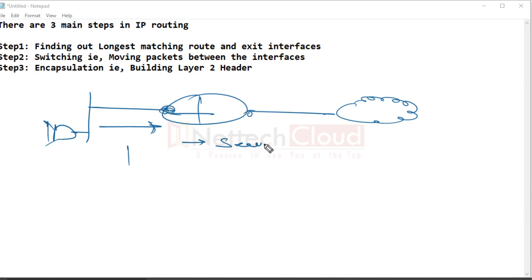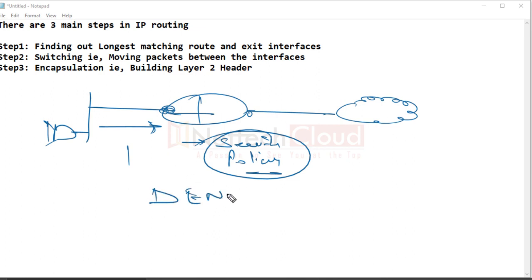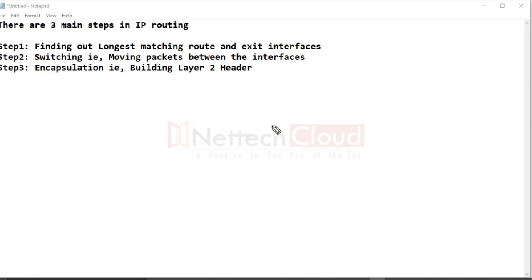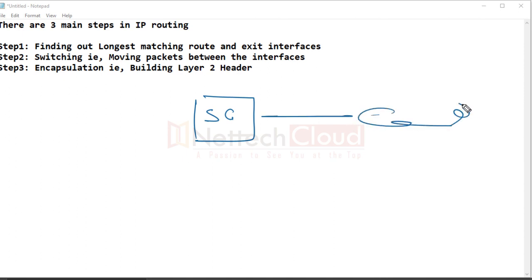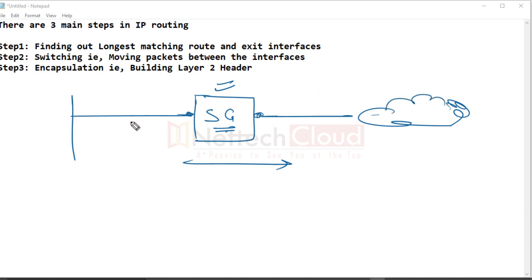security policy will come into the picture, because most of the firewalls are what? Default deny devices. Most of the firewalls, for example, if we put a Checkpoint firewall or security gateway here, between the internet and the LAN side, yes, it does routing, no question about that, but a packet is allowed to pass through either from inside to outside or outside to inside, right?